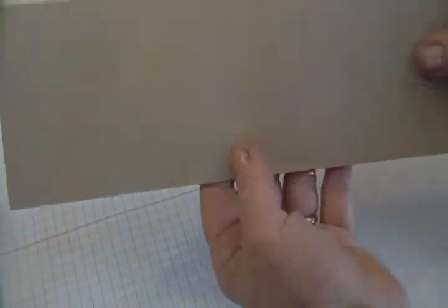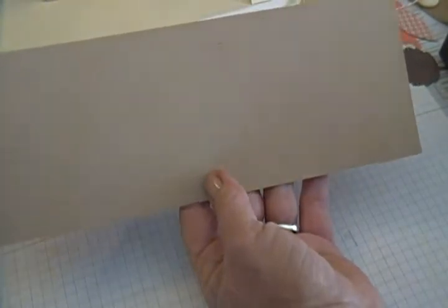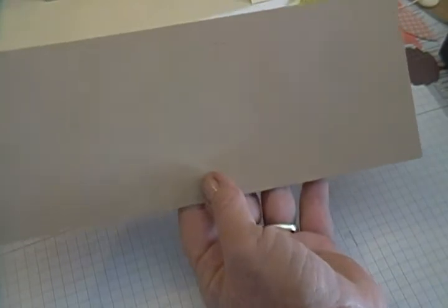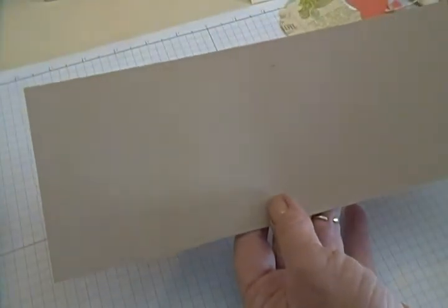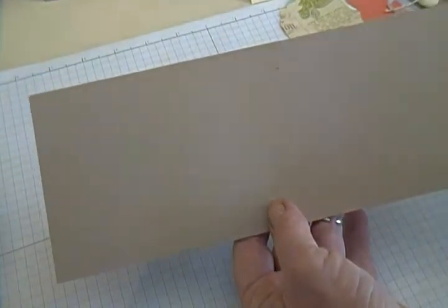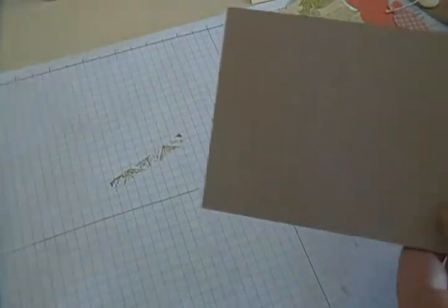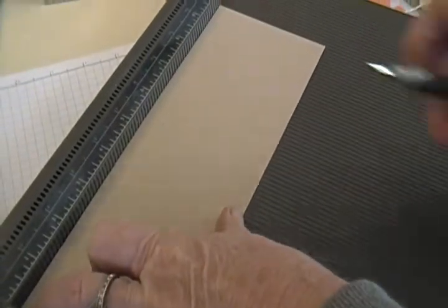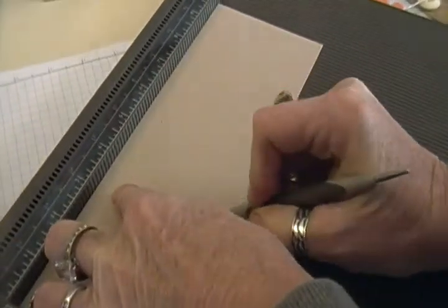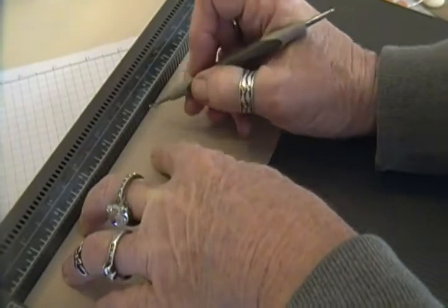So let's get started. We're going to begin by, and I used the crumb cardstock, and the piece is 3.5 inches wide, by 10 inches long. And we are going to do a little scoring on this. Get my plate over here, and we are just going to score it at 3 3/4 and 5